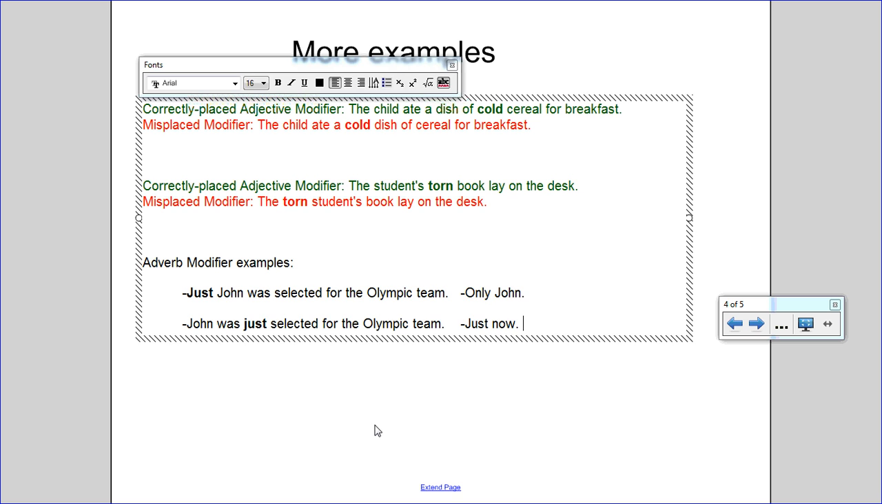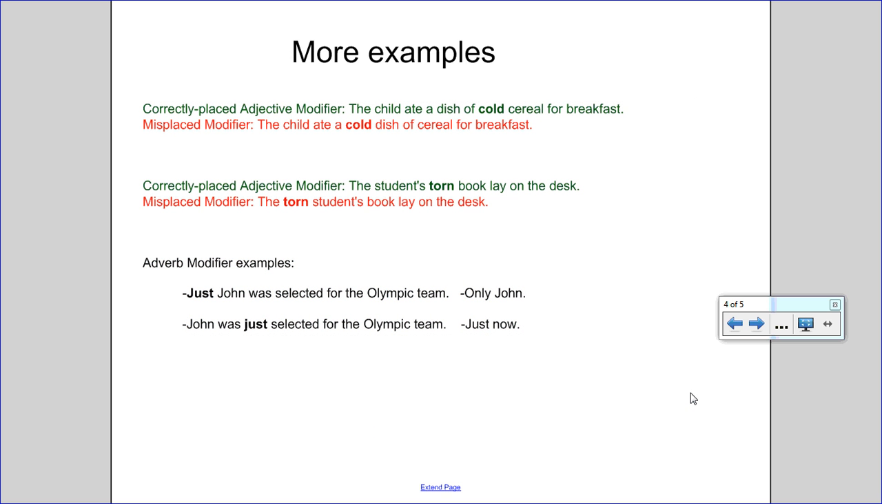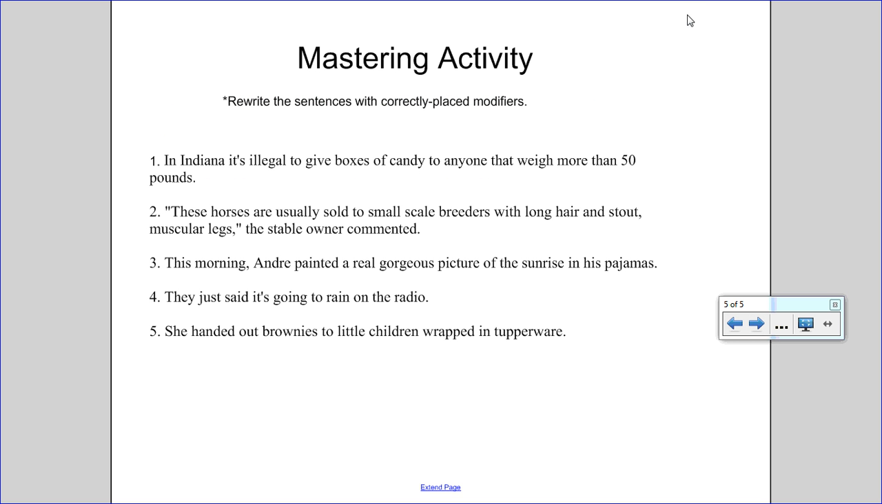Both could be correct. So you want to make sure you pay close attention to where you place these modifiers and make sure as the writer, when you are writing your phrases or your sentences, that you are saying exactly what you are intending to say. For our mastering activity, since misplaced modifiers only exist as an incorrect error rather than a tool you can use,